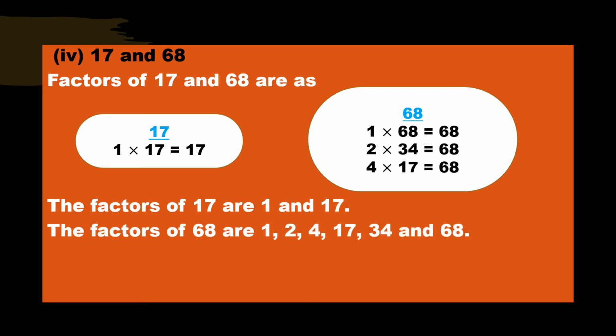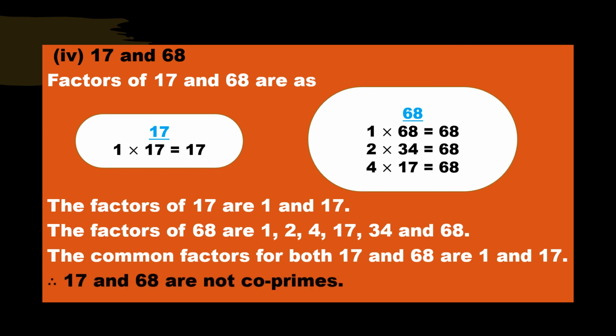So now we'll find whether any common factors are there or not. 1 is a common factor here, and 17 is also a common factor. But our rule is that co-prime means only one should be the common friend between these two numbers. But here 17 is also a common friend. Then co-prime will not accept this; it will not accept any number except 1. So I can say that 17 and 68 are not co-primes, because the co-prime rule is that only 1 should be the common factor. Other than 1, there should be no common factors between a pair.